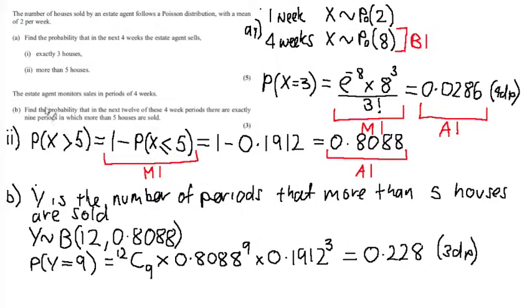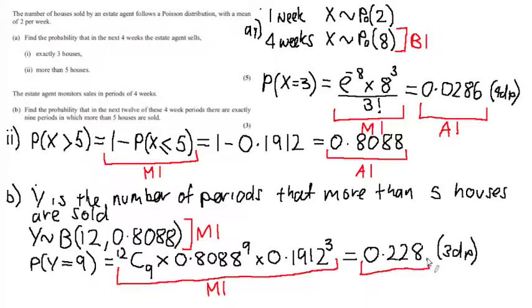Okay, so how do we get our marks in this question? There are 3 marks in this question. First of all, you get a method mark for correctly stating that we have this new variable, let's call it Y, or whatever you want to call it, that's distributed binomially with the number of trials 12 and a probability of 0.8088. We then get a method mark for showing how we can substitute this into the binomial formula, and then finally we get an accuracy mark for the correct answer,